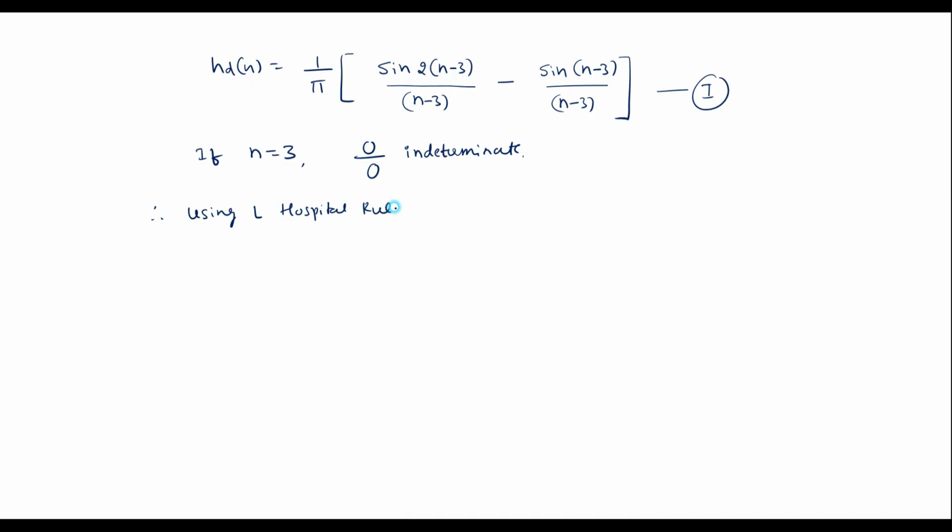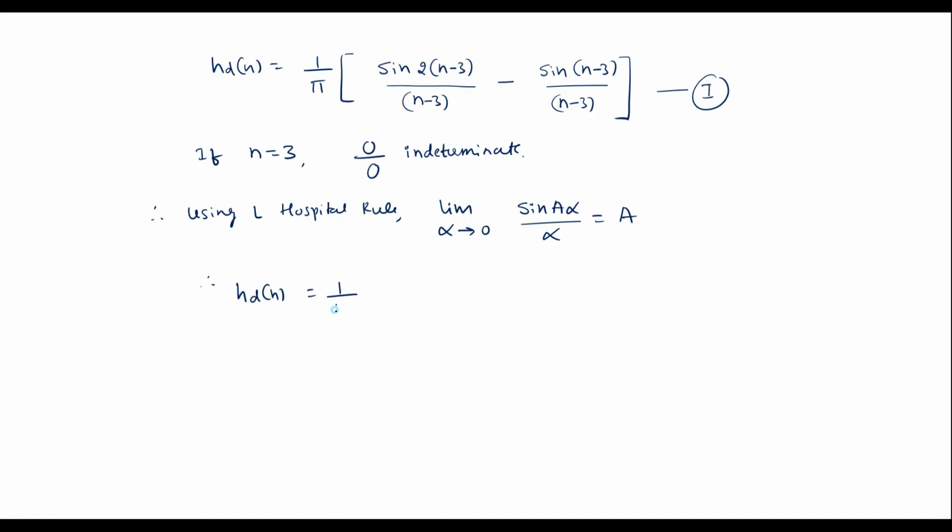L'Hospital rule is defined as limit alpha tends to 0 of sine a alpha divided by alpha is given by a. Similarly, now applying L'Hospital rule to equation 1,